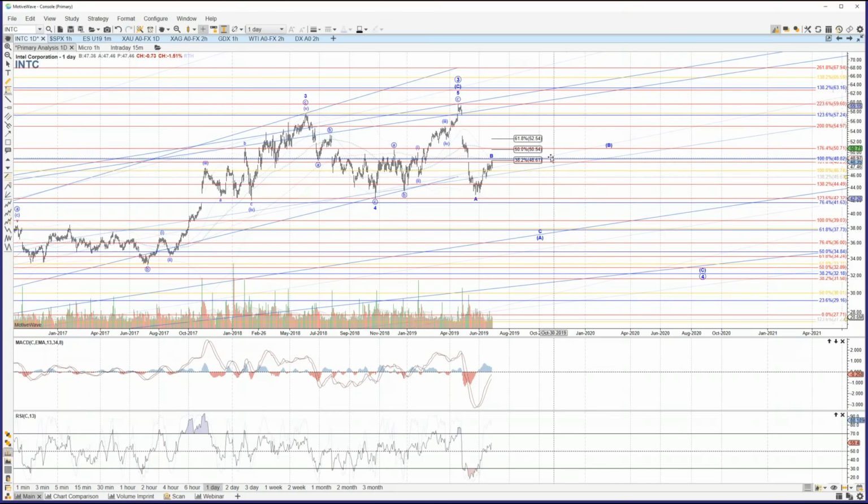Right, I was about to mention that. So although we have hit the minimum 382 retrace, it is very possible, as Zach was just describing, that this may be only an A wave of a larger flat to the upside. So if we get just a corrective looking pullback from here that holds